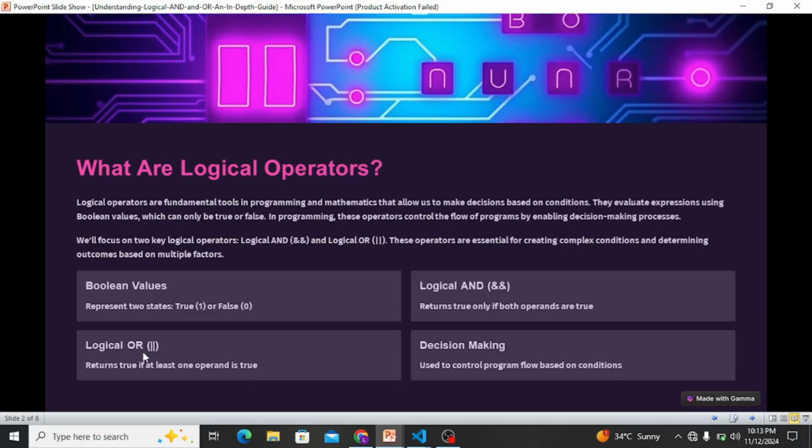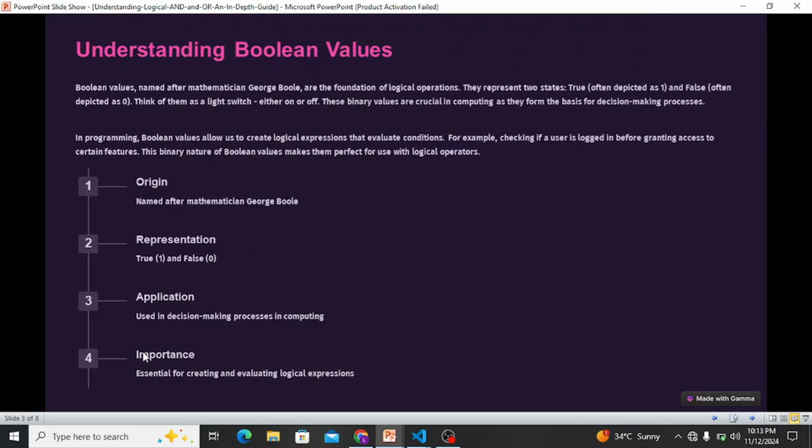All right. First of all, guys, what are Boolean values? Of course, we already know that Boolean values are always true or false, but let's go in depth into what Boolean values are all about. Let's start with the basics. Boolean values are named after the mathematician George Boole, who developed a system of algebra based on binary values. In simple terms, Boolean values can represent two states: true, which is often depicted as one, or false, which is depicted as